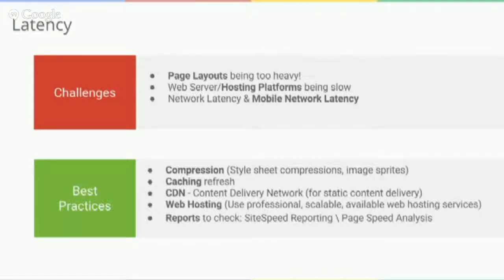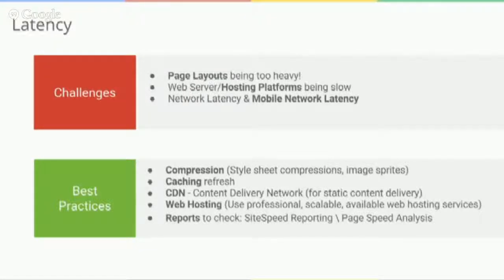Create mobile-friendly pages, mobile-friendly content, things that load fast and render quickly on your mobile devices, because that can really result in latency being a major driver for discrepancies. And frankly speaking, performance of your site: you're losing e-commerce dollars on the table when your site is not fast enough. We've given some best practices here. Compression, using image sprites, where you essentially load one large image and then break it into smaller pieces to render on every page component or every page. Caching refreshes, using CDNs, and probably working more closely with your web hosting service provider, and in more cases than not, upgrading to a more professional service when needed.